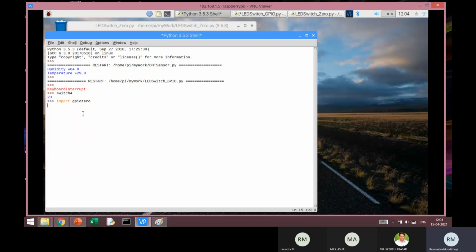If it is pre-installed, then I'll get that module imported. As you know, I can find out which version of GPIO Zero is installed.